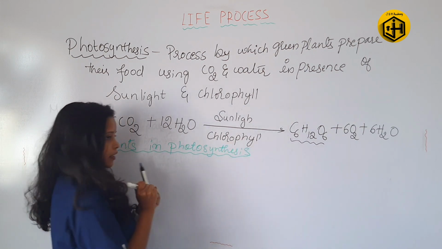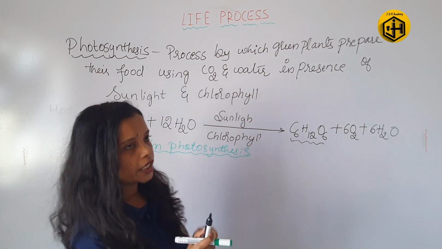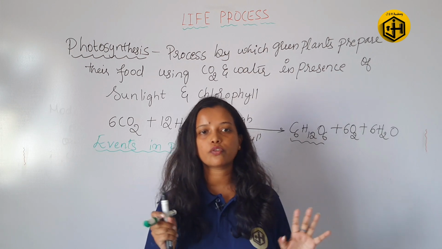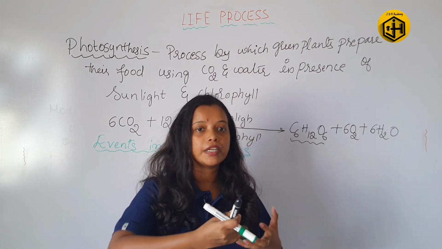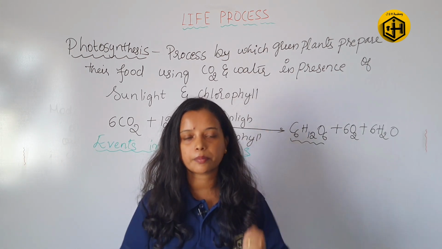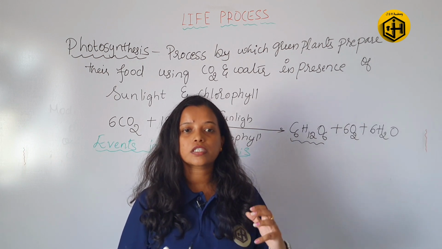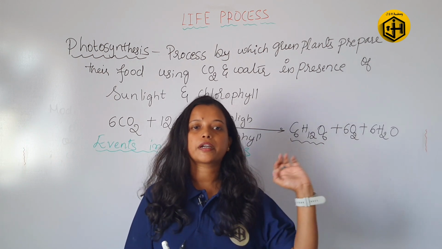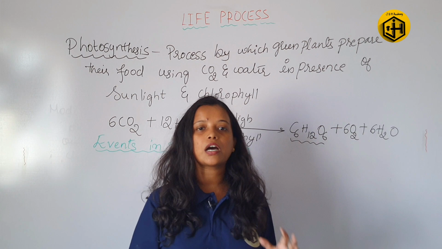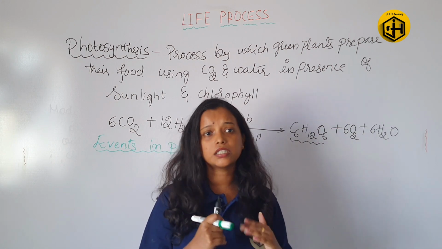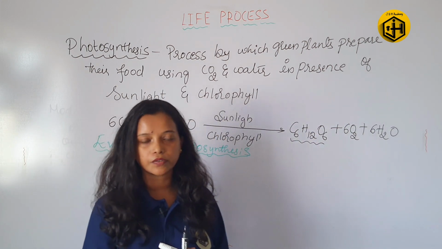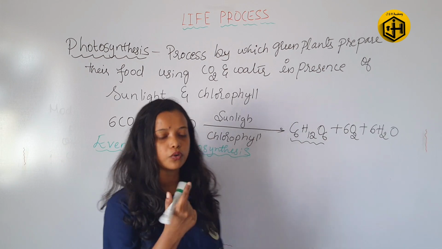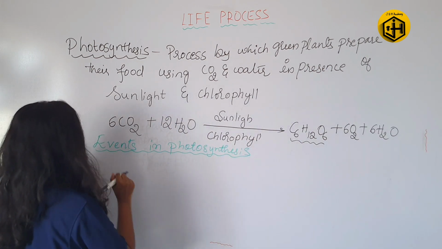We know that it is using carbon dioxide, water, sunlight and chlorophyll, but we don't know when it uses what. First it uses sunlight, or first it uses carbon dioxide? We learn that in the events. So the first event in photosynthesis is